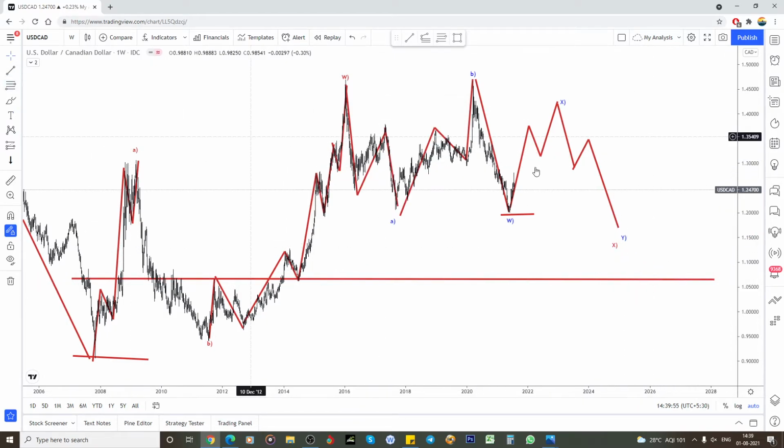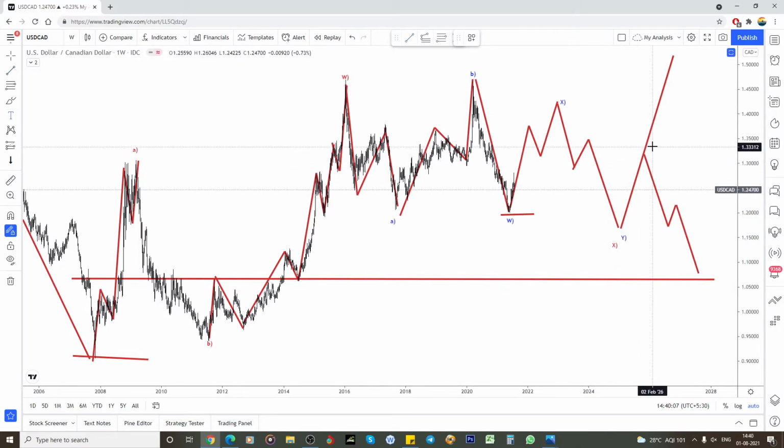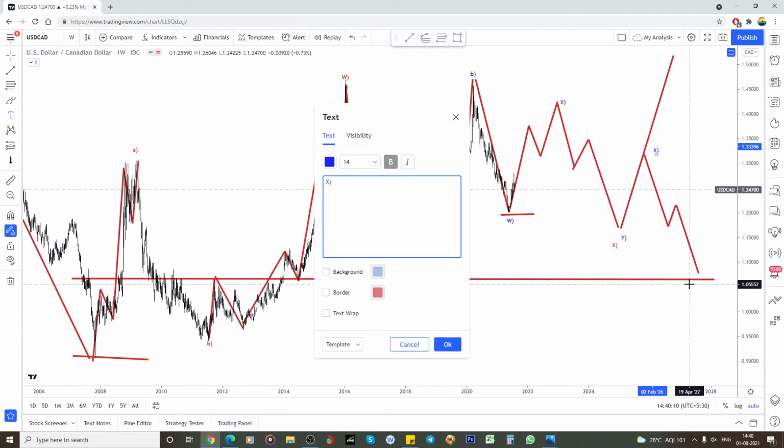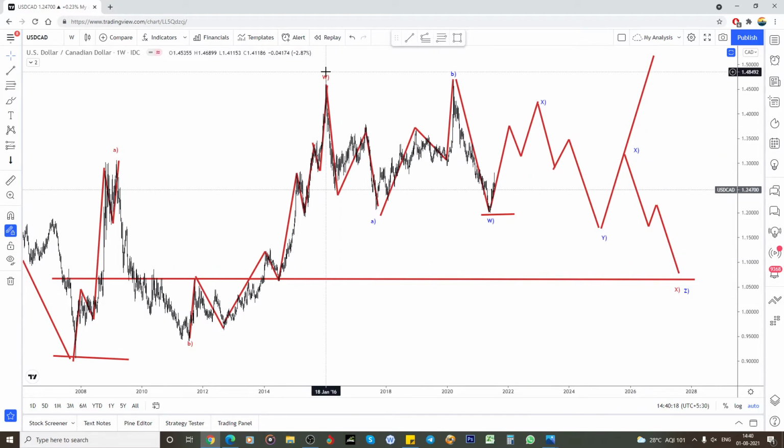From here we can expect one high, but again it is making a three-way structure, and if it comes in the three-way structure, this will become again a blue X, and this is the Z wave. So this X will be here. For this W, this is in the formation of one flat correction. This is the connecting wave, and again one more. So this is a double correction pattern. If it did that Z, this will be a triple correction pattern.